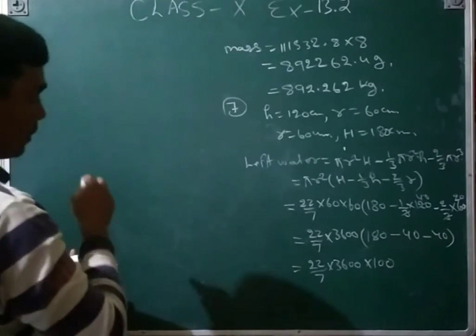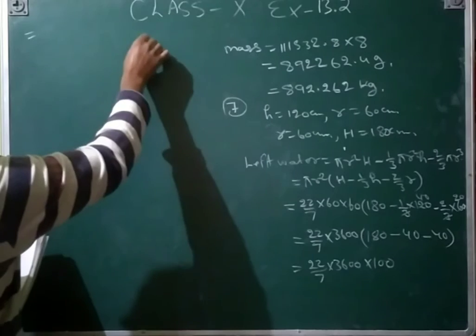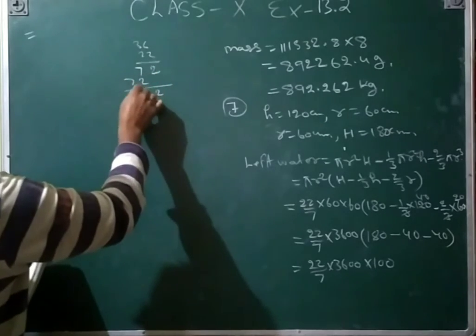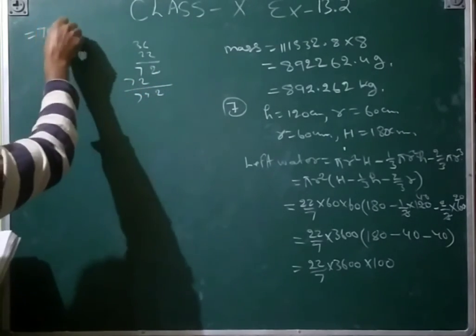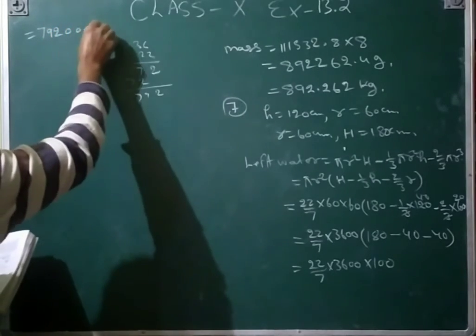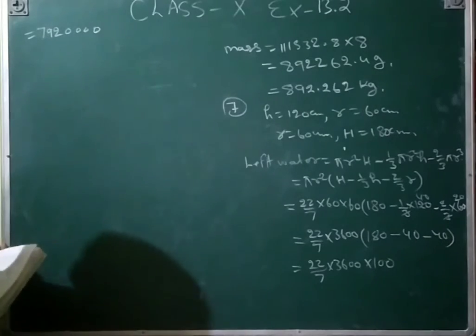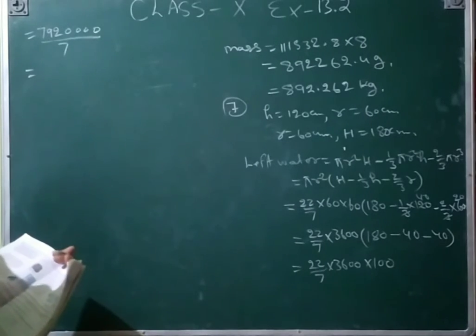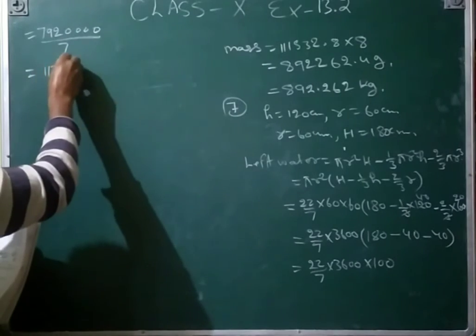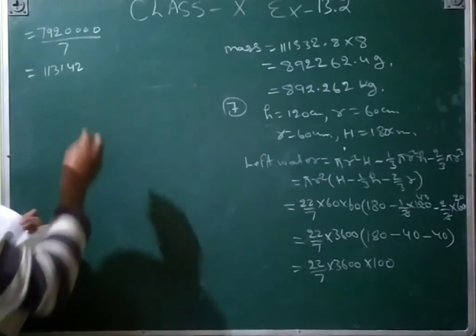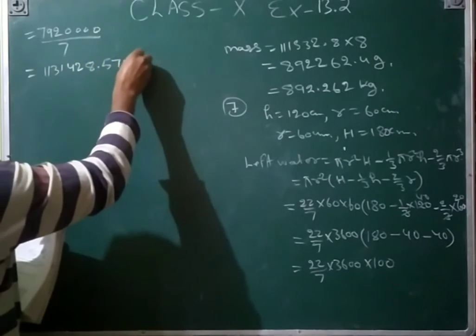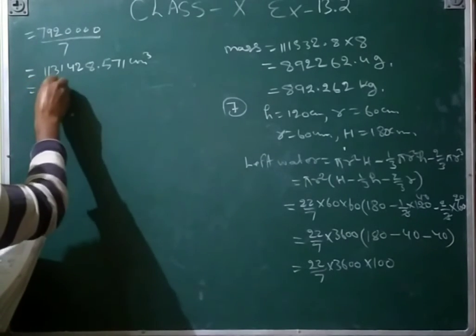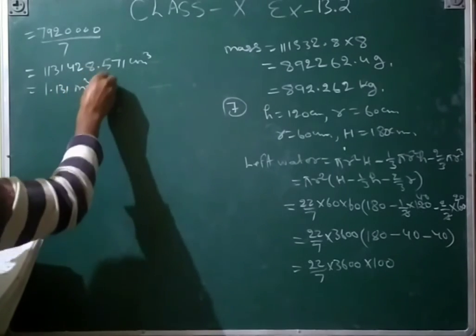multiply 36 and 22, 2 6 is 12, 2 3 is 6 1 7, 7 2 2 9 7, so that is 792, and then how many zeros are there? 4, 1 2 3 4, and then upon 7 also we divide, that will be 11 31 42, that will be 8.571 centimeter cube, or we will convert in meter, so that will become 1.131 meter cube answer,